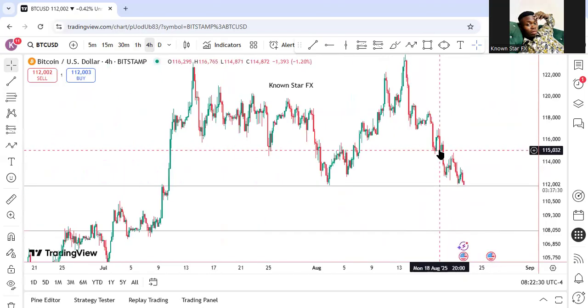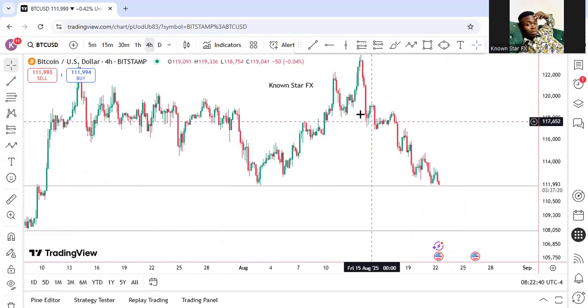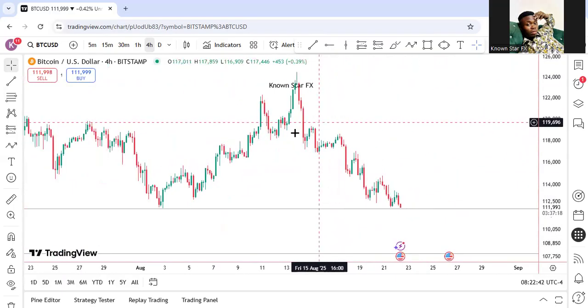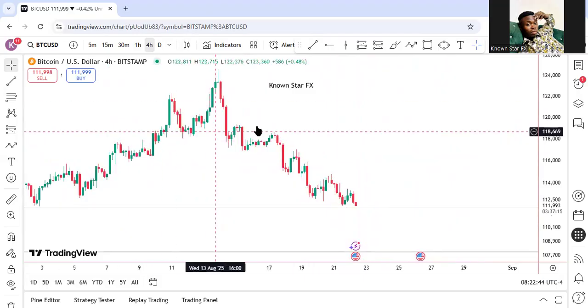Just like the simple rule in trading: buy from the low and sell from the high. You can't buy when the market is already high, you'll be buying at an expensive rate. Do you understand what I'm saying now? So basically, this is our outlook